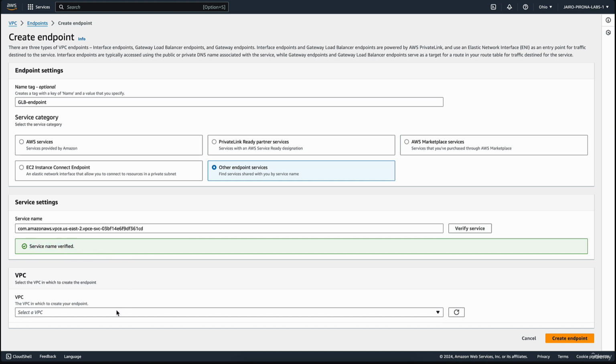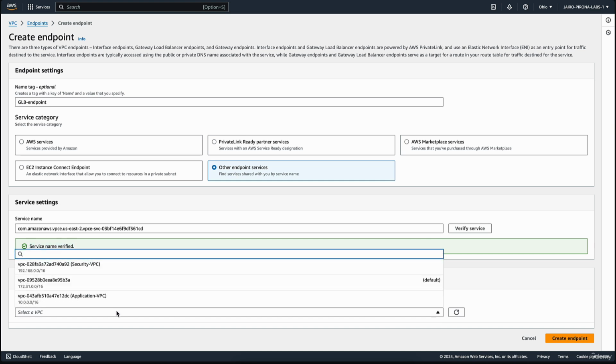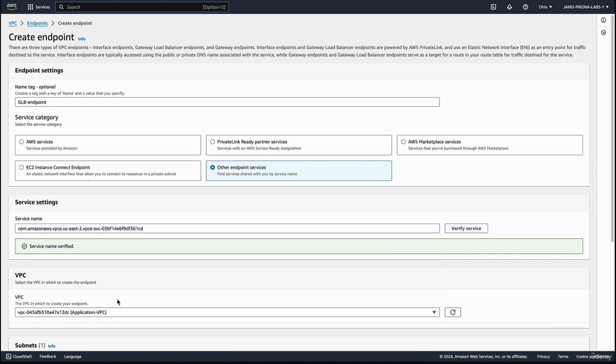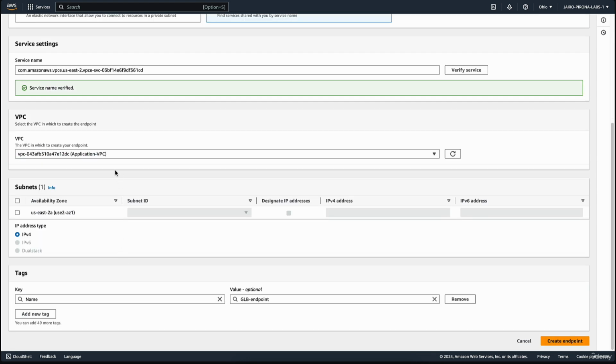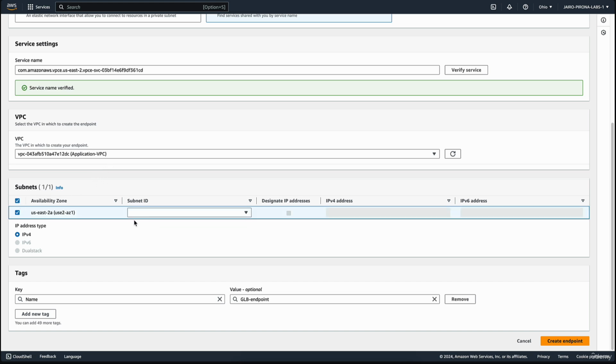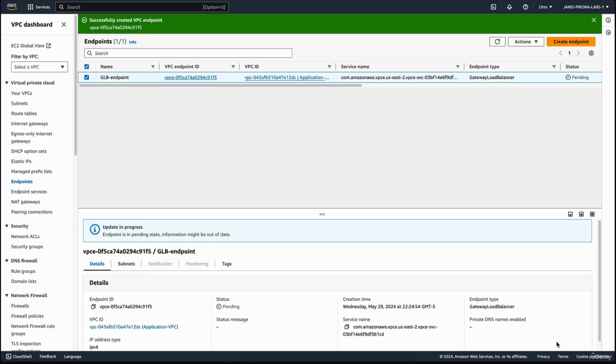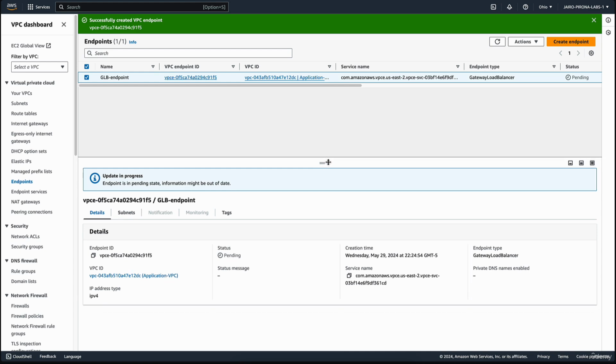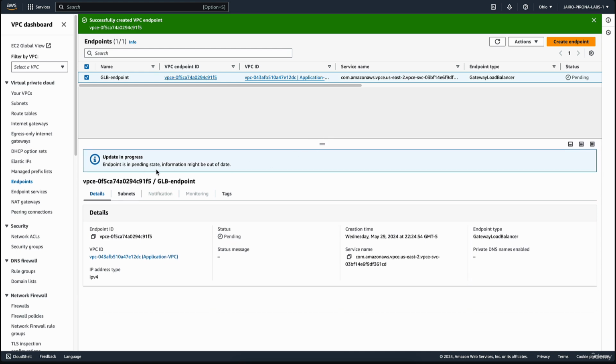The next step is to select a VPC. In this case, Application VPC, since we want the Gateway Load Balancer endpoint to be created in this VPC. We select the availability zone, us-east-2a, and the subnet, in this case, Endpoint Subnet. The IP address type is IPv4, and then we create the endpoint. Now, this may take a few minutes to complete, so while that's happening, let's go back to the configuration scenario